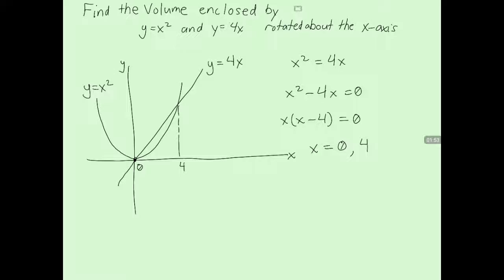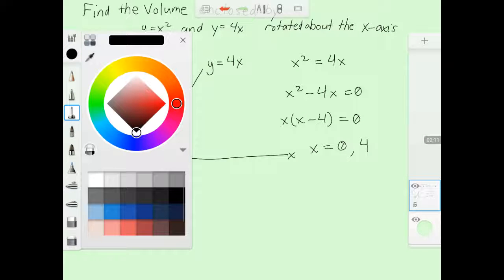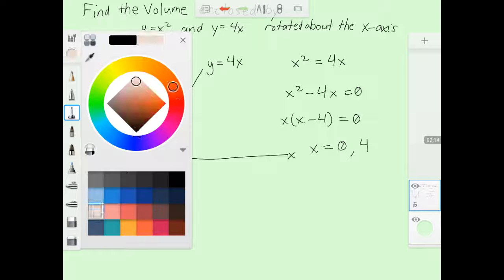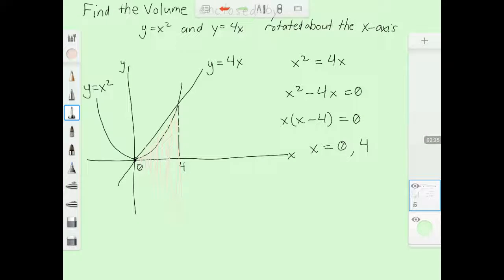So now we want to find the volume enclosed by this, rotated about the x-axis. So if we were to rotate this about the x-axis, we're going to take the area underneath the 4x function, and we'll represent that with this pink color. So the area underneath this 4x function, we're going to rotate that about the x-axis. And by doing that, we'll get the volume of this cone over here. And we're going to subtract from that